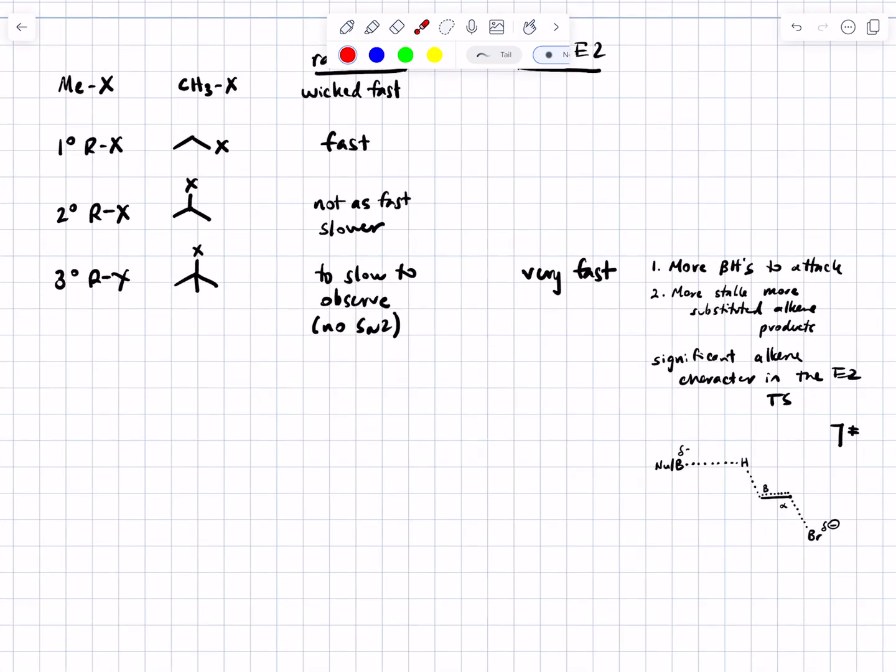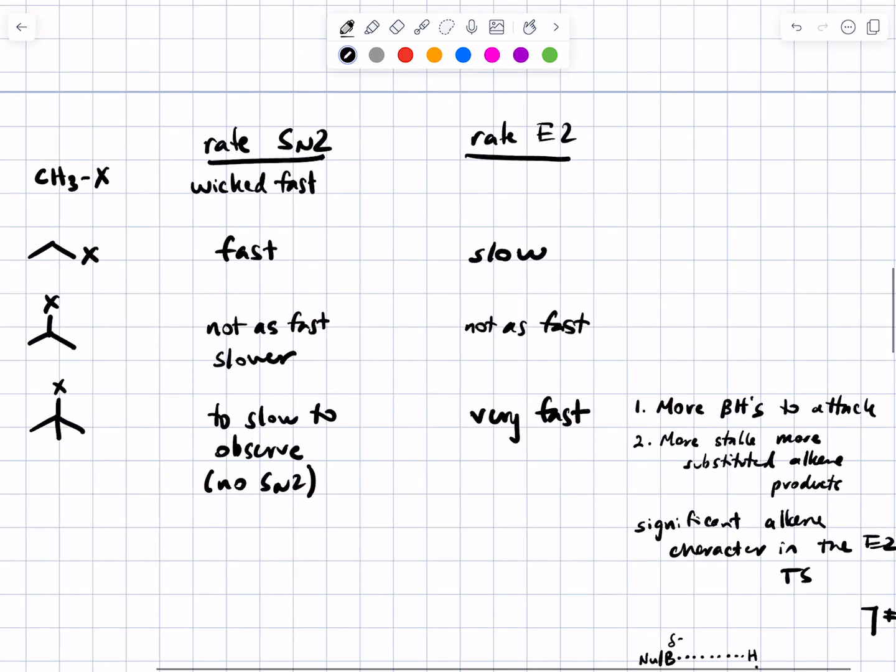So, as you would imagine, the E2 reaction is not as fast for a secondary alkyl halide, but still okay. And it is slow for a primary alkyl halide, and for a methyl halide, there are no beta protons, so